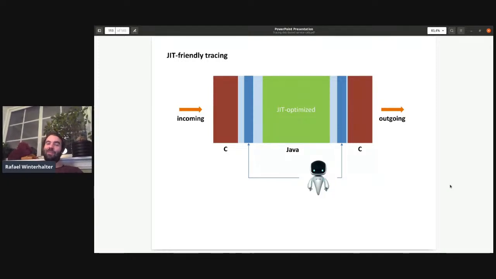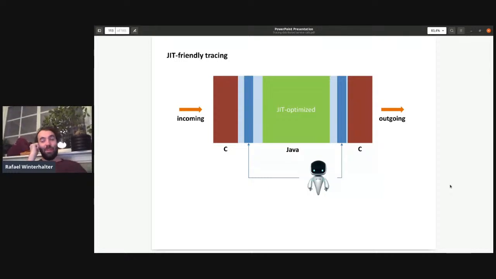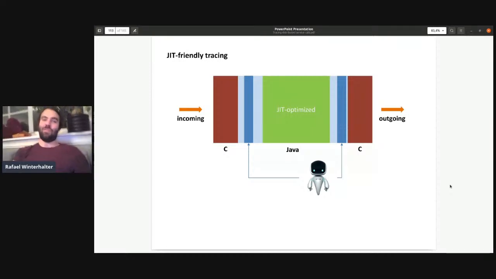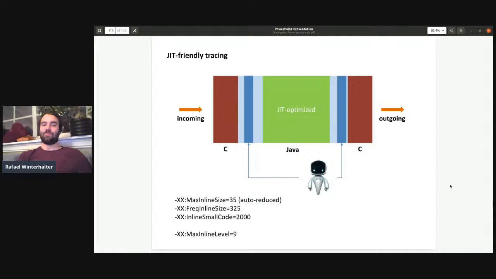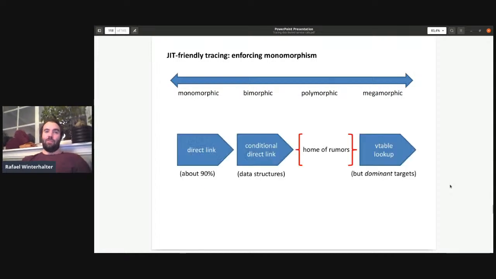But of course, ideally, you don't have to count bytecodes of every method you approach if you're already in the red area of too big of a method. That's something to keep in mind if you write agents, that you have to stay away from the nicely optimized centerpiece of call stacks. Yes, and you can control these inline limits and the inline levels, but typically it's not a good idea. Especially if you're writing a generic agent that's deployed into thousands of applications, you don't stand a chance to keep an overview of what's best for your particular customers. Jump over this,